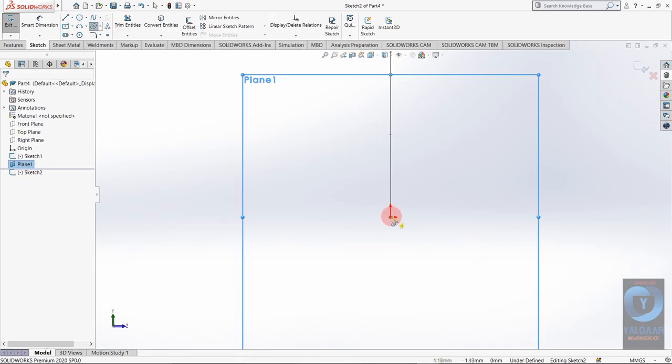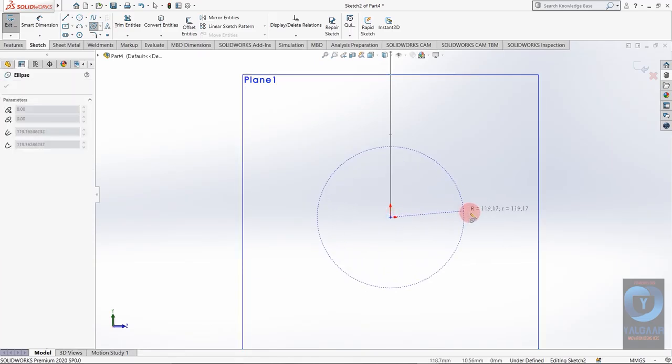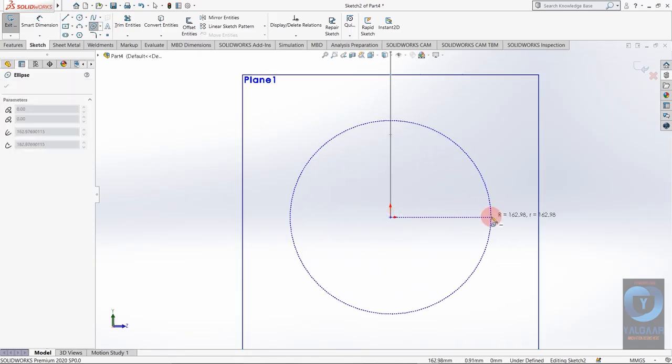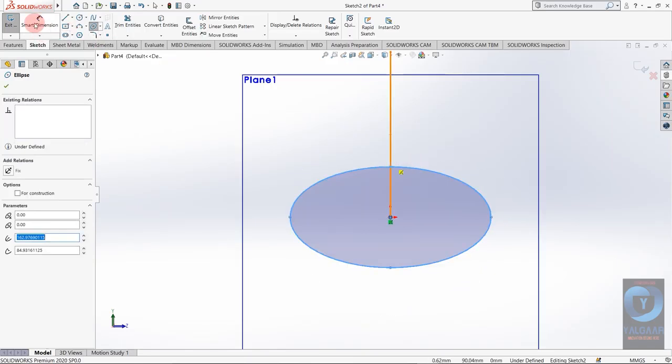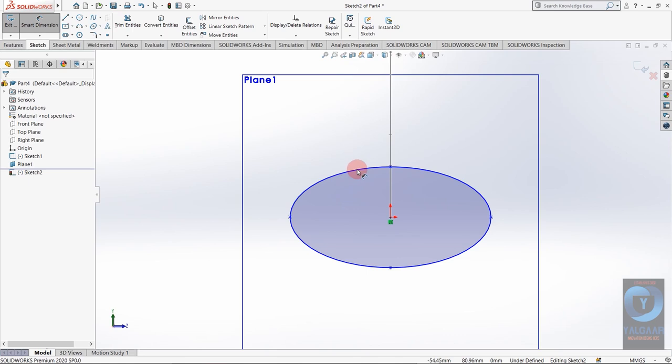So ellipse. First of all I am going to define its major axis and then minor axis. Smart dimension.